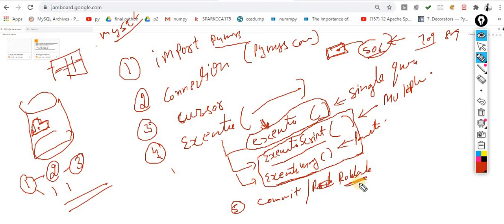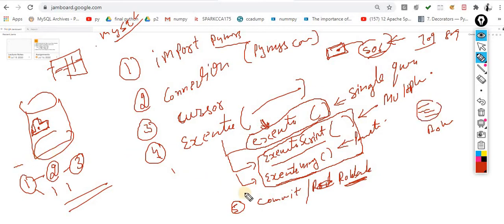The next one is the rollback. As in the English terminology, rollback means rolling back all the things. Sometimes, let's suppose, the transaction doesn't happen successfully. At that time, what exactly happens? Your money is reversed to you. The same concept applies here. Rollback means whatever statements I performed, I am rolling them back, so I don't want to reflect them on the